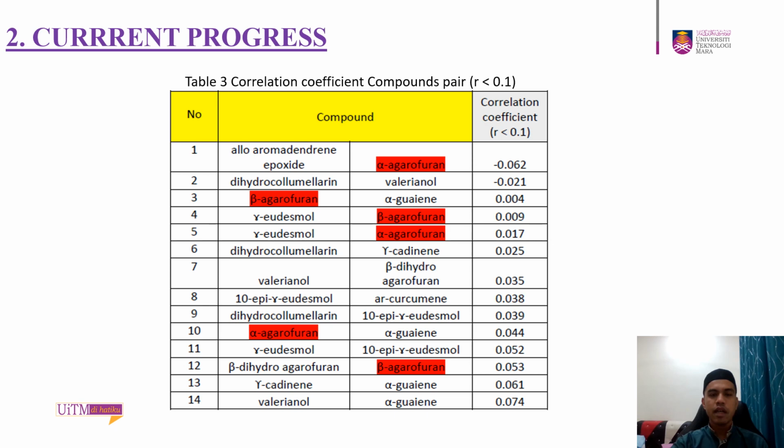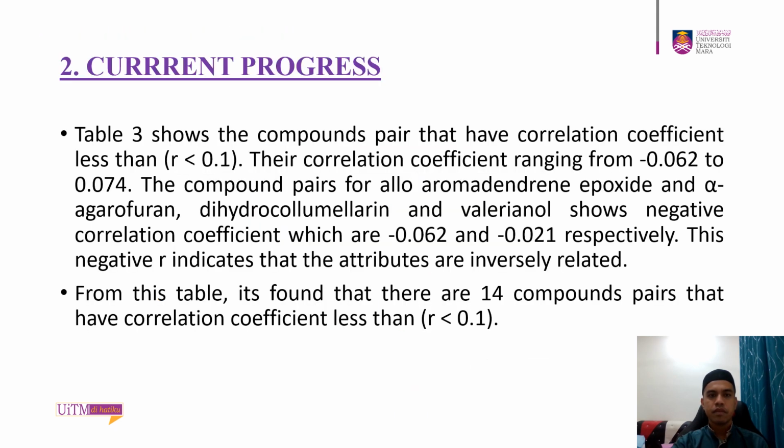This is the table of correlation coefficient pairs with R less than 0.1, which are the less significant values. We can conclude that these variables are non-significant since their R value is less than 0.1. Table 3 shows the compounds that have a correlation coefficient less than 0.1, ranging from negative